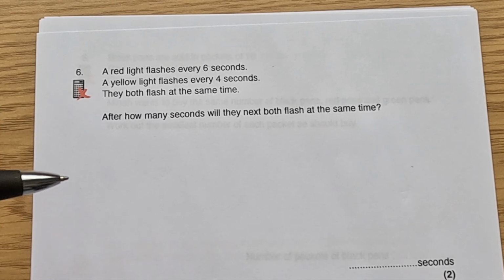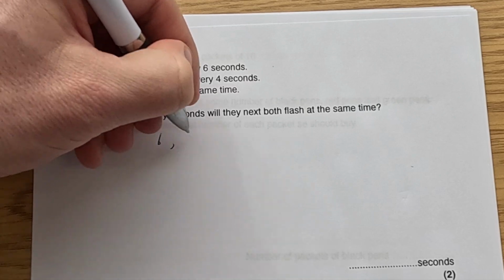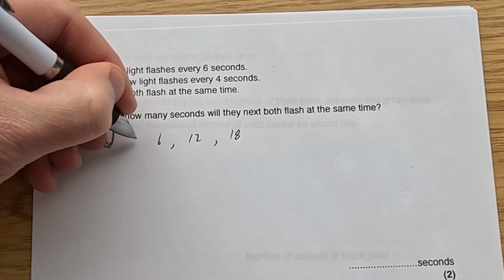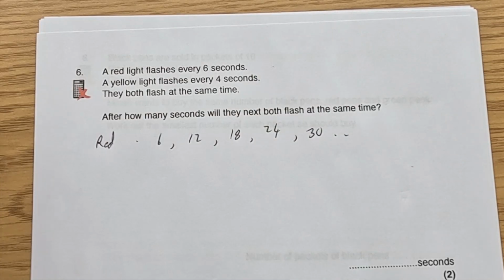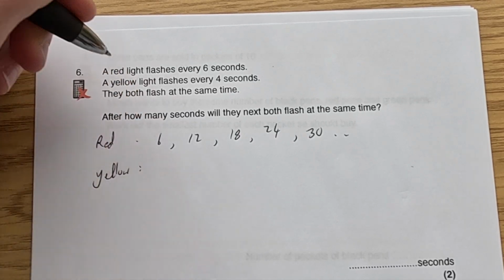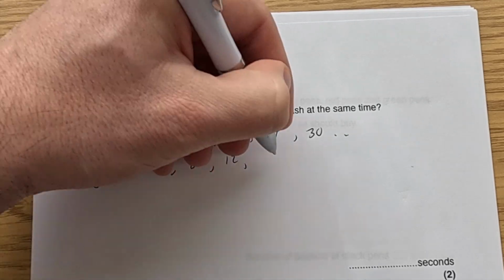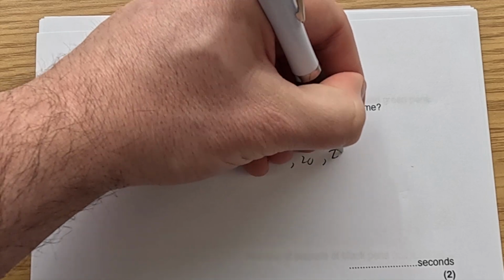And we've been asked after how many seconds would they both flash at the same time. So they've both flashed, so let's consider the red light. The red light will flash again in 6 seconds, and 12 seconds later, and 18 seconds later, 24, 30, and so on. The yellow light, it'll flash again after 4 seconds, and 8 seconds, and 12 seconds, and 16, and 20, and 24, and so